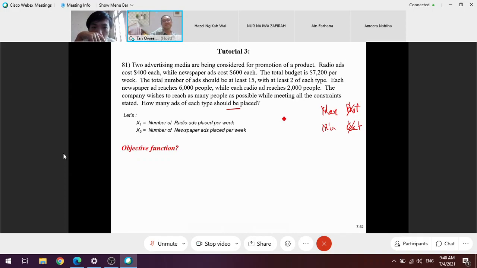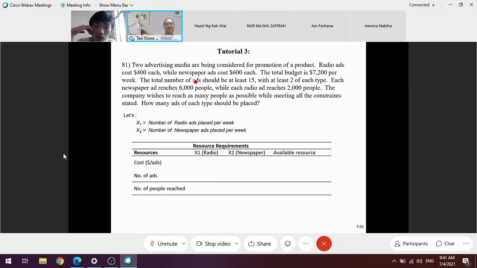Then how many constraints are there? Never mind, guess. 2. 5. 4, 5. He said 5 just now, right? But 5 is correct. Correct. But we start with 2 first. Because we start with the capacity constraints first. Cost and number of advertised ads. I thought of asking, but it's already 9:40. So actually there are 4. One is the radio has cost 400, newspaper 600. The total budget is one constraint.